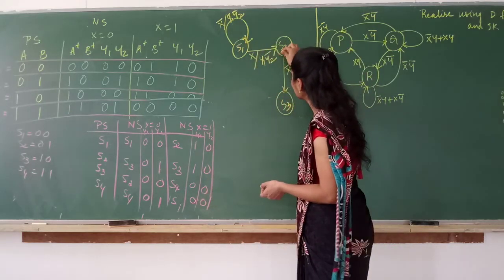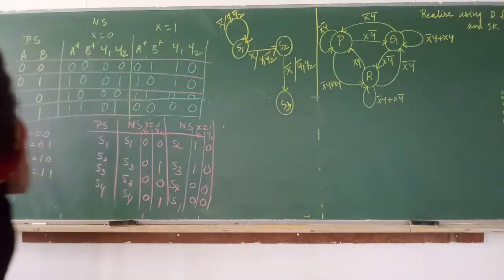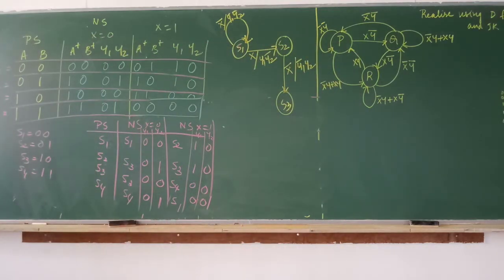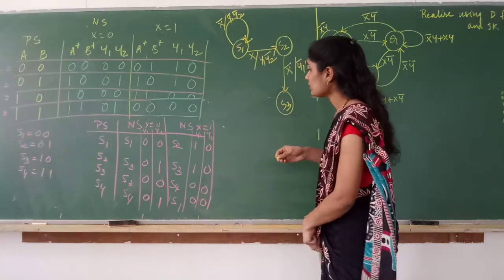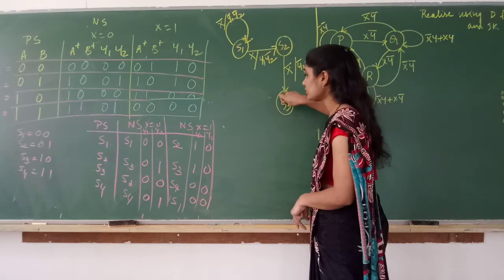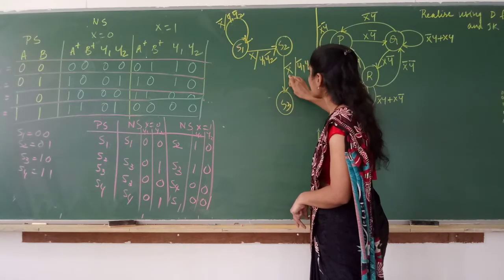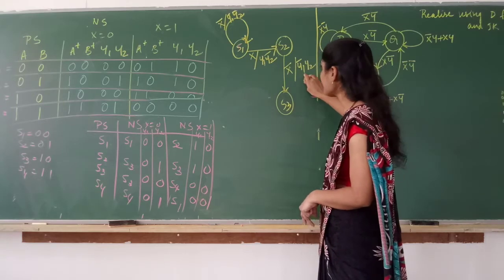Okay. One second. Maybe we have made some mistake here. Okay, so if present state is B, next state is C, yeah. Next state is again C, okay. So next state is C when x is 1. So when x is 0, y1 bar, y2 bar, y1 bar, y2.